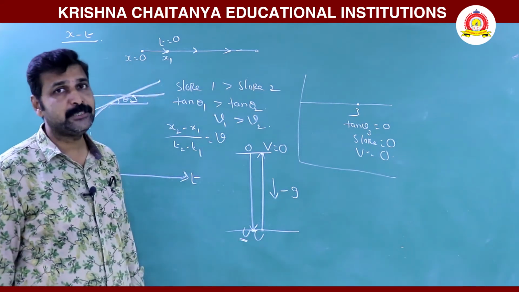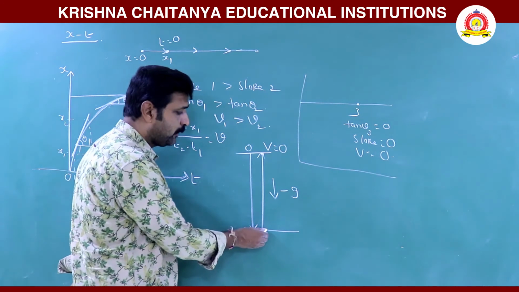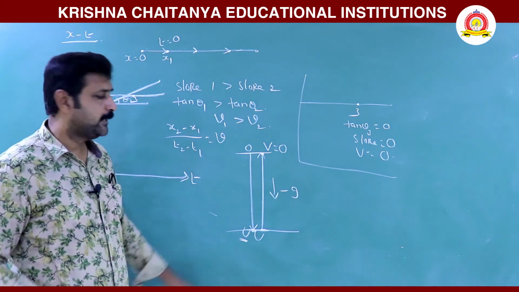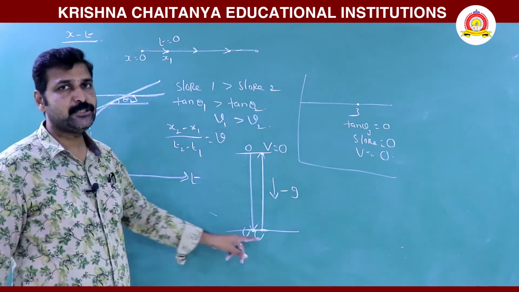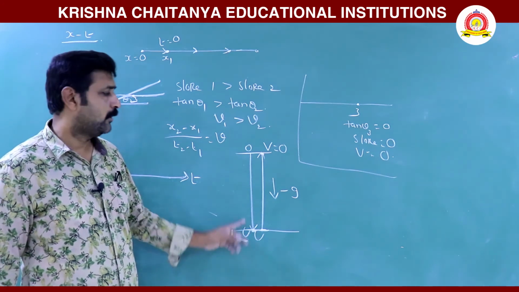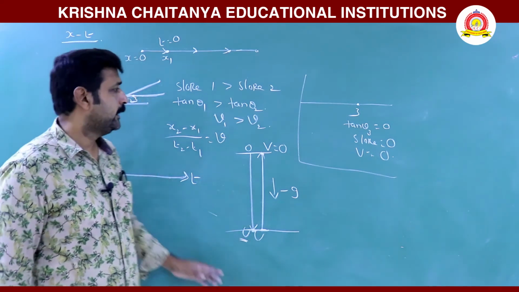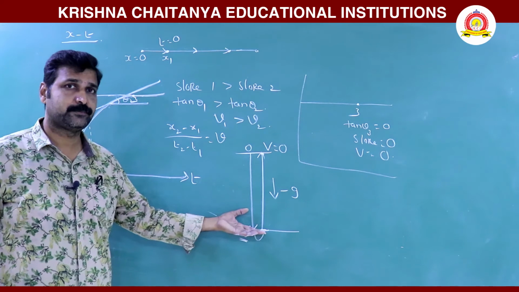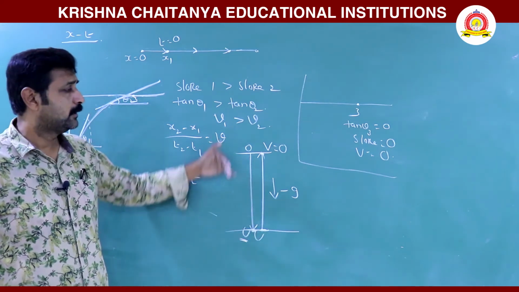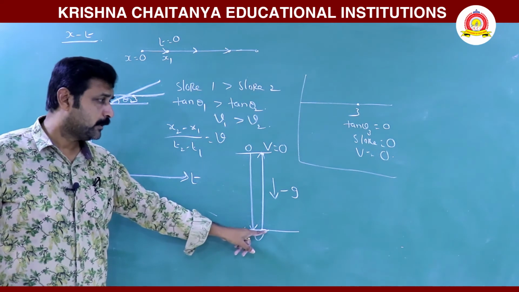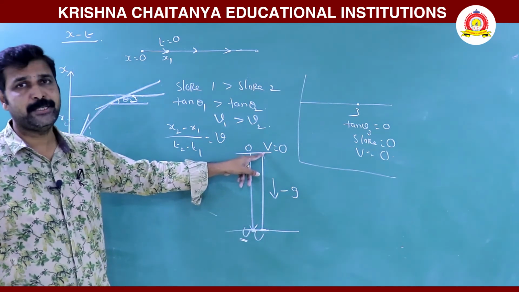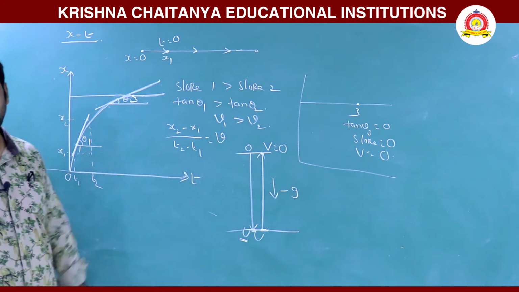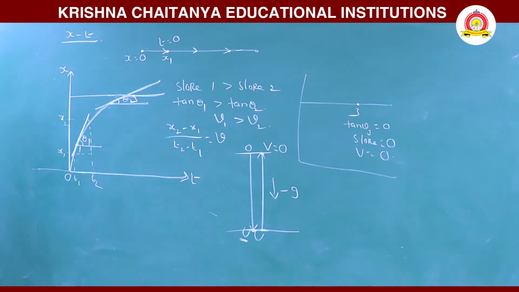But what happens to displacement? When it starts from this point and again reaches the same point or same level, displacement is 0. Displacement is 0, but velocity increases to the same value. Now, so far we discussed the vertically projected body. Now we are discussing the freely falling body. The vertically projected body reaches maximum displacement, and now it falls down. So what happens when it is falling through that displacement? Look at here.